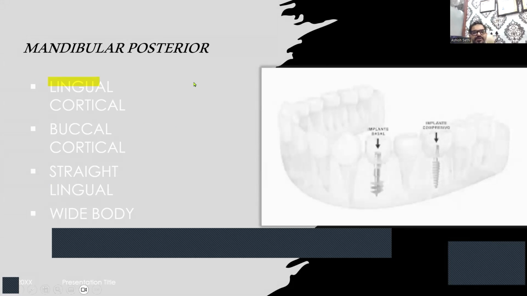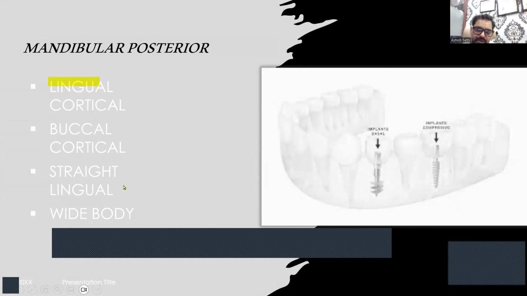मैंडिबल पोस्टीरियर रीजन में मेंशन कर दिया मैंने आपको कि there are लिंगुअल कॉर्टिकल, और you can लिंगुअल कॉर्टिकल अगर हम माइलोहाइड के नीचे जाते हैं, that technique is called as लिंगुअल कॉर्टिकल। अगर हम बक्कल साइड में एक्सटर्नल ऑब्लिक रिज पे जाते हैं, that is called as a बक्कल कॉर्टिकल। कभी-कभी बक्कल और लिंगुअल कॉर्टिकल दोनों ही एंगेज नहीं हो रही तो हम एक वाइड बॉडी इम्प्लांट बिल्कुल सेंटर में डालते हैं by engaging the बक्कल एंड द लिंगुअल कॉर्टेक्स।